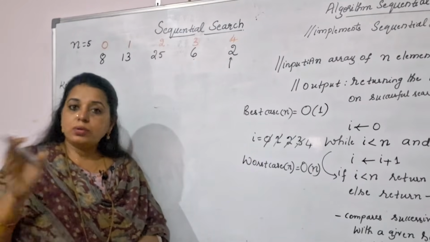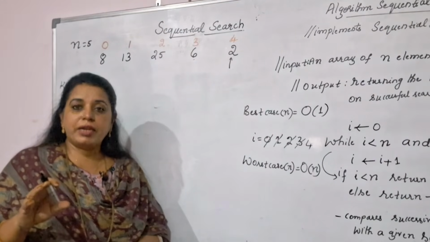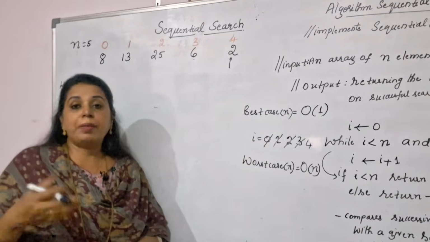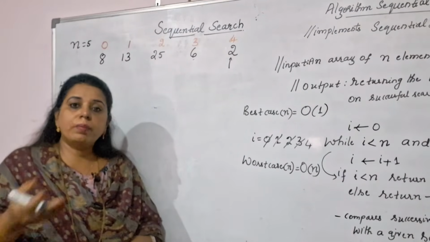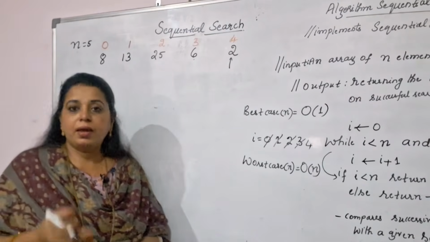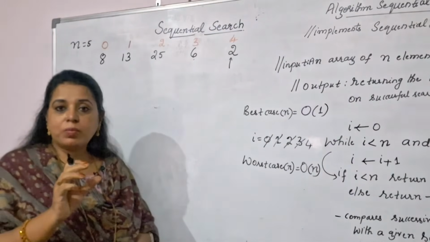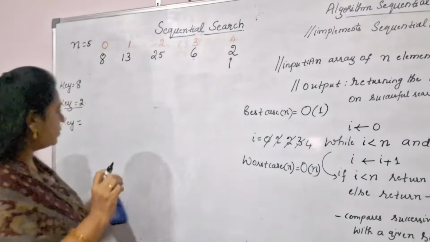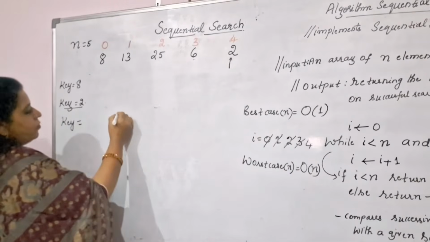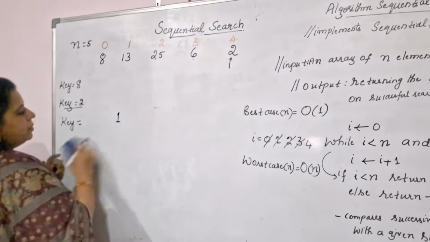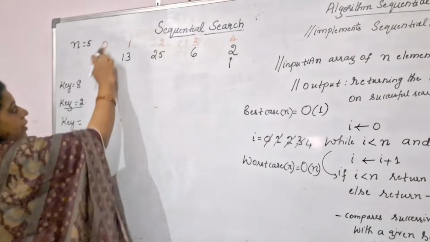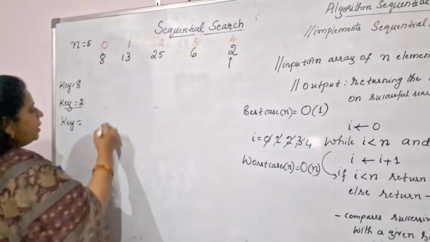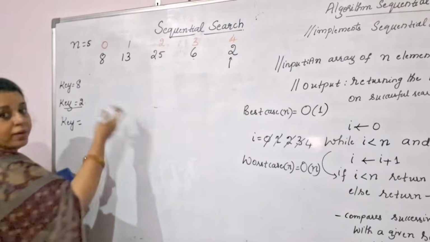But when you try to do the third type of efficiency, the average case, here you have to assume that the element can be present at any location. So when it is present at any location, how many comparisons are needed? You just compare it with the location only. Suppose the element is present in the first location, that is, index value 0, then it will take only one comparison, as we have already seen.